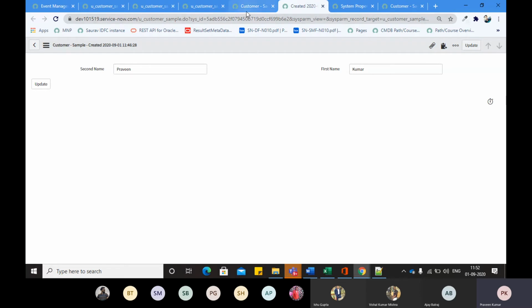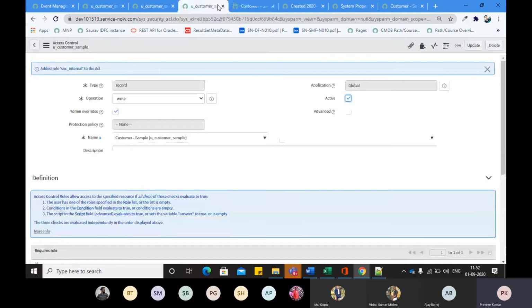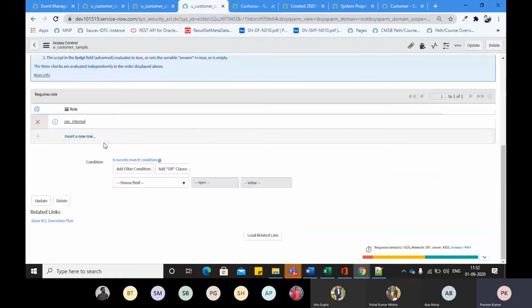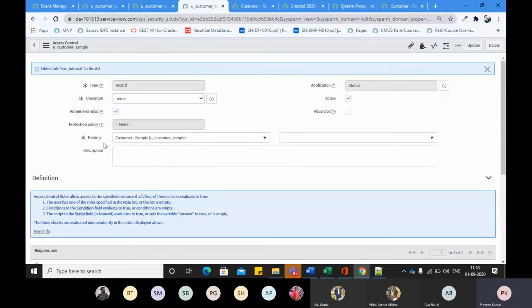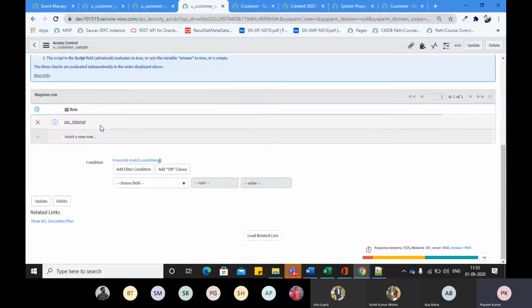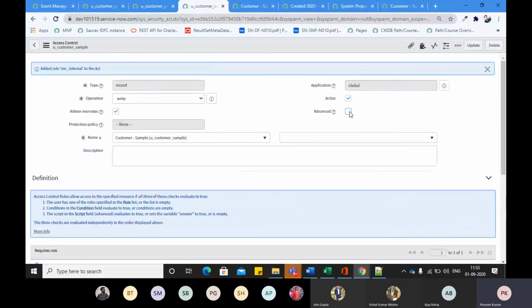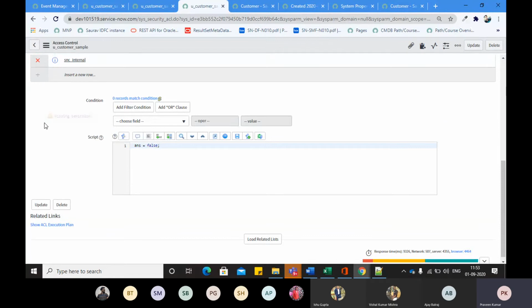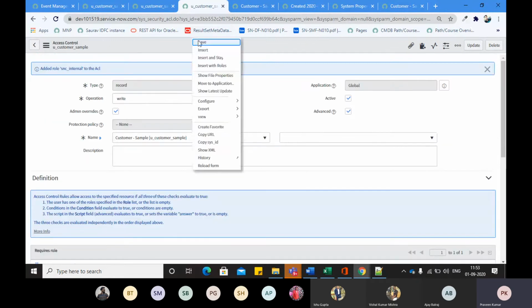Let's see how it will work. I will come on the write ACL. Write is equivalent to update. And I am saying that no one, whether SNC internal or any user, can update it. I will come on the advanced. I will say answer equals false. Just I will update it.